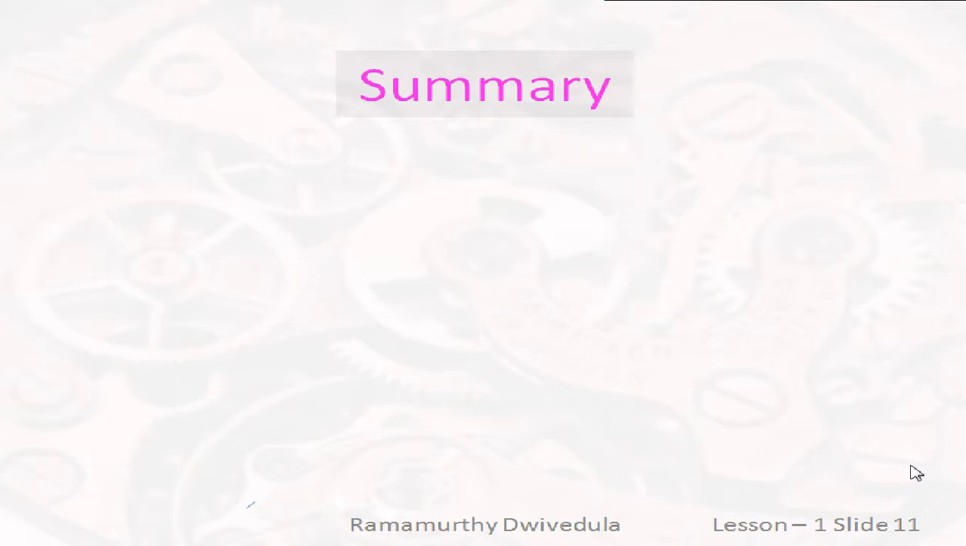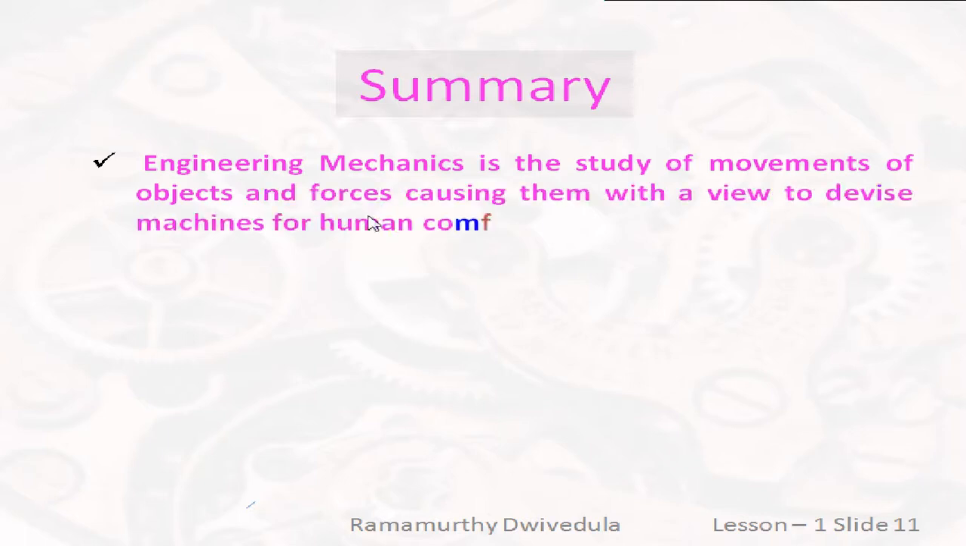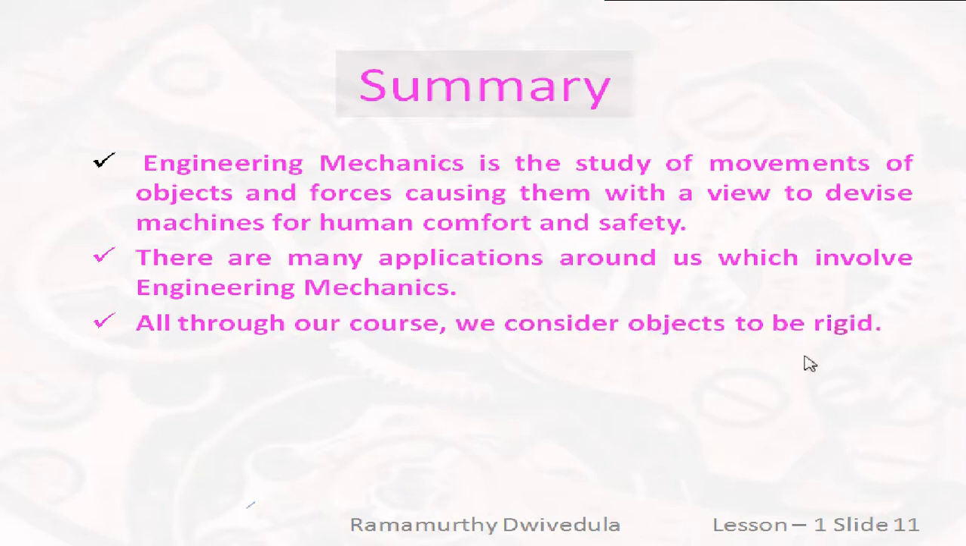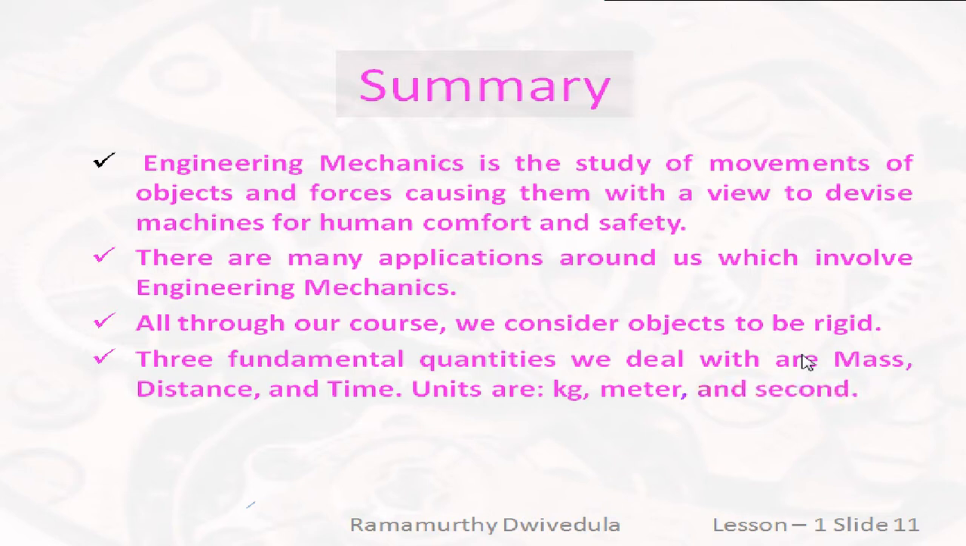With that, we conclude this lecture and we present the summary. We saw that engineering mechanics is the study of movements of objects and forces causing them with a view to devise machines for human comfort and safety. And then we saw several applications of engineering mechanics in day-to-day life. We saw three in specific, but if you look around, you will find many such examples. And third, all through this course we'll consider objects to be rigid, that is, they do not deform however large the forces may be. And we saw three fundamental quantities, that is mass, distance and time, the units being kilograms for mass, meters for distance and